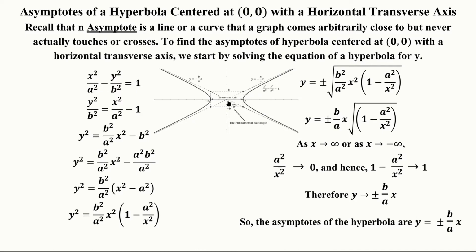So this suggests an interesting thing: once we know a and b, if we form a rectangle, just like that, it's called the fundamental rectangle for this hyperbola, then we can easily draw the asymptotes of the hyperbola through the four corners of that particular rectangle,